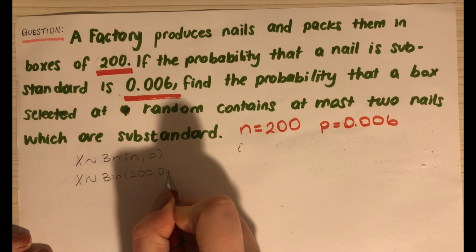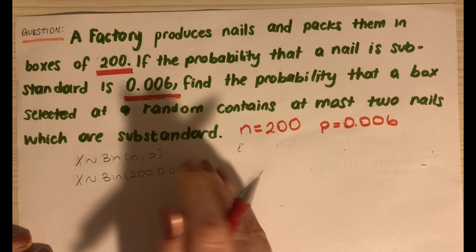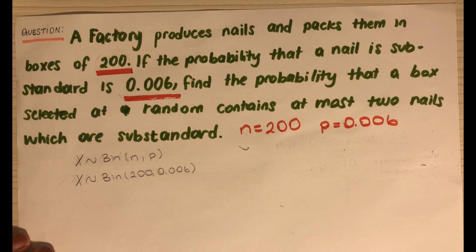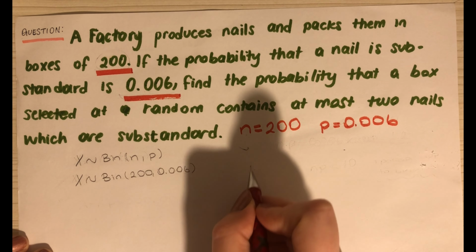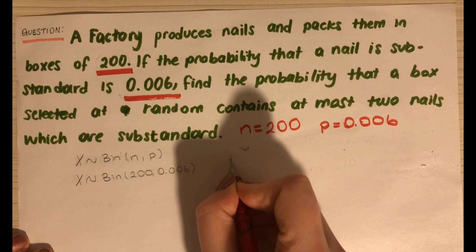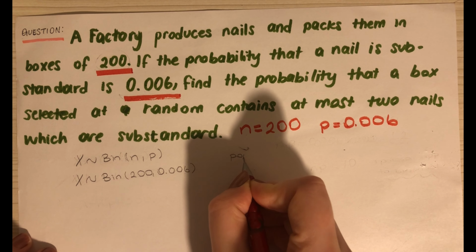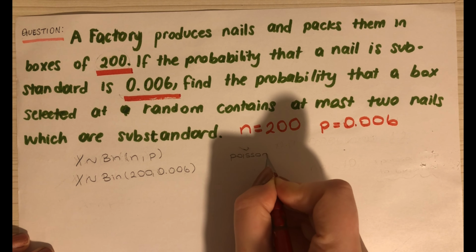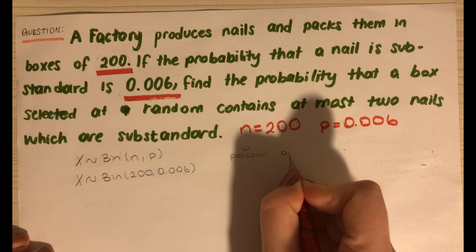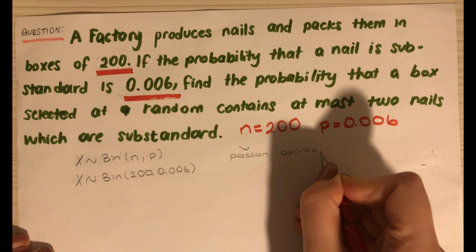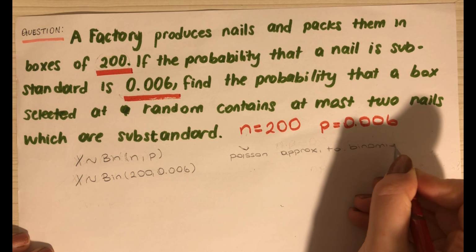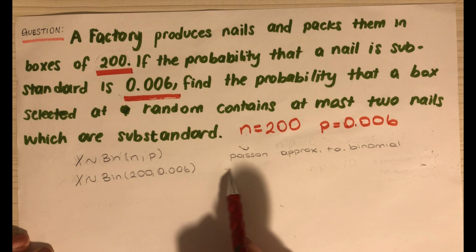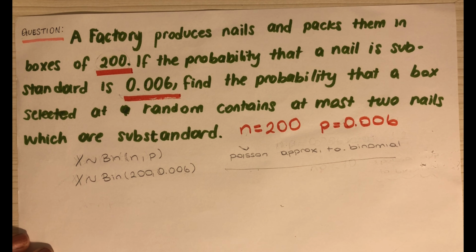But there's also one thing that I see: the number of trials is way larger than the probability of one of those trials happening. So there's a huge difference between that. So I think of this method called Poisson approximation to binomial. But we have to check if it is actually a question to be solved that way. So there are some things we have to check. The first one would be, like I said, that the number of trials would have a large difference with the probability. So that's a check.